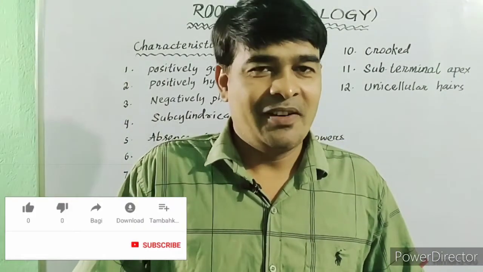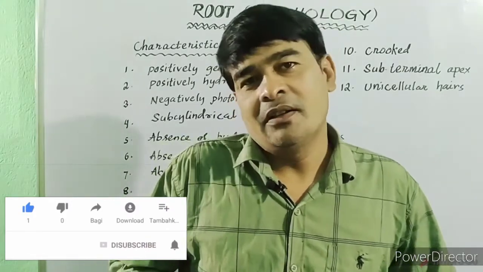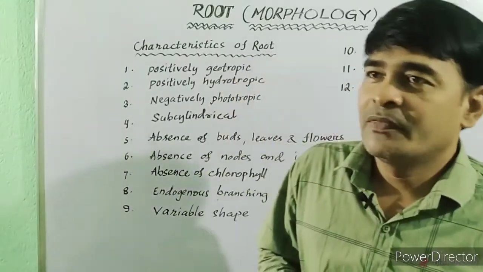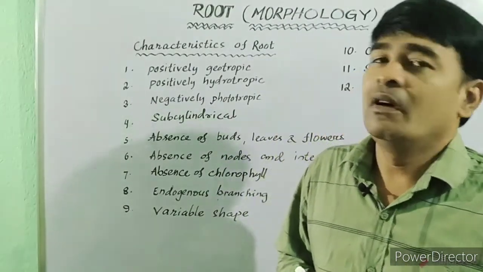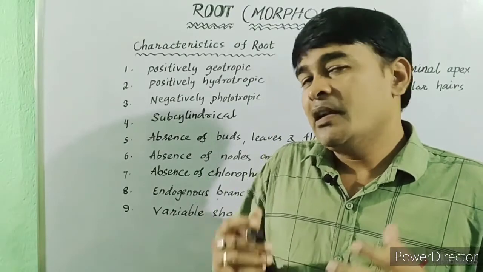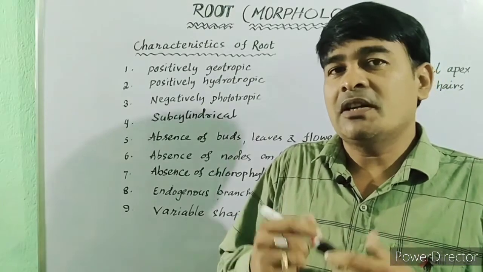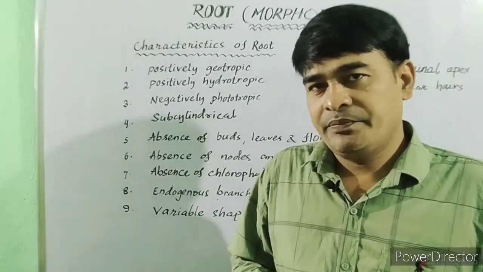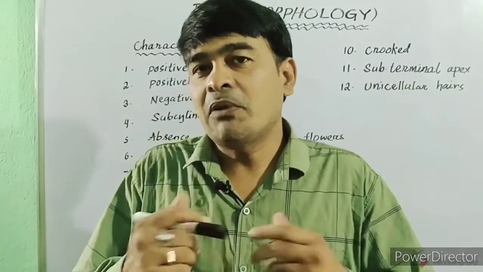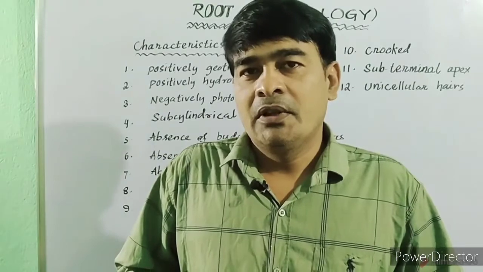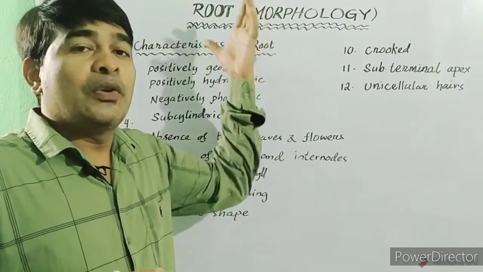How are you? We are studying about angiosperms. In last classes, we studied habit and habitats. Then we studied nutrition. And in last class, we studied the general morphology of angiosperm. We studied the different parts present in an angiosperm, and we will study these parts one by one in detail. So in this class, we will study the morphology of roots of angiosperm.